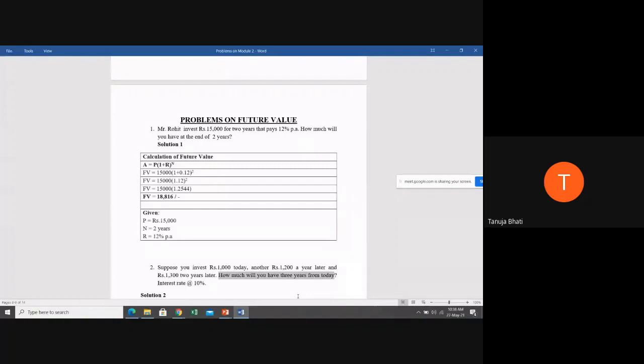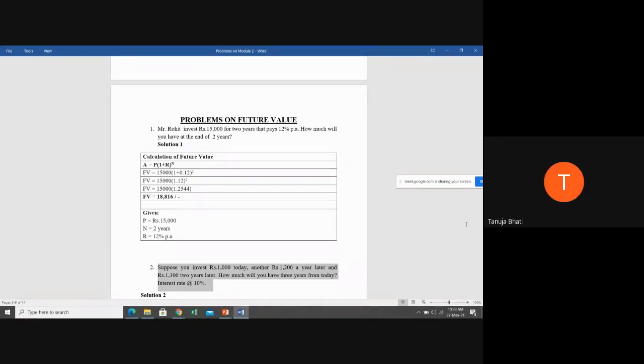Second thing, you all have to tell me, students, under which category it is falling. What future value are they asking, whether future value of a single cash flow, whether future value of multiple unequal cash flows, whether future value of an annuity? So what are they asking? Can you all tell me? Multiple unequal. Okay, multiple unequal cash flow. Now, what is the formula to calculate the future value of multiple unequal cash flows, students? It is summation of P in the bracket 1 plus R raised to N.